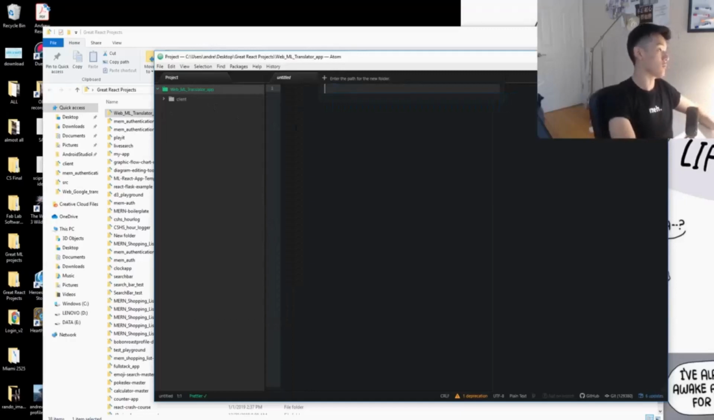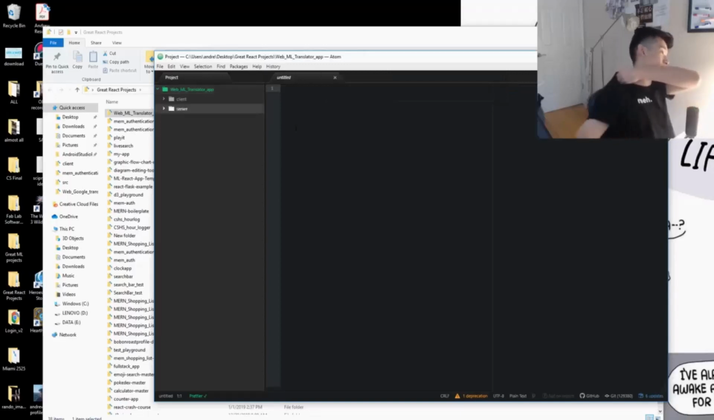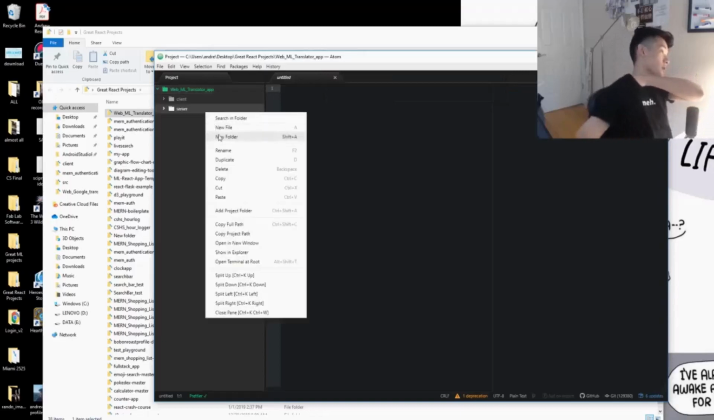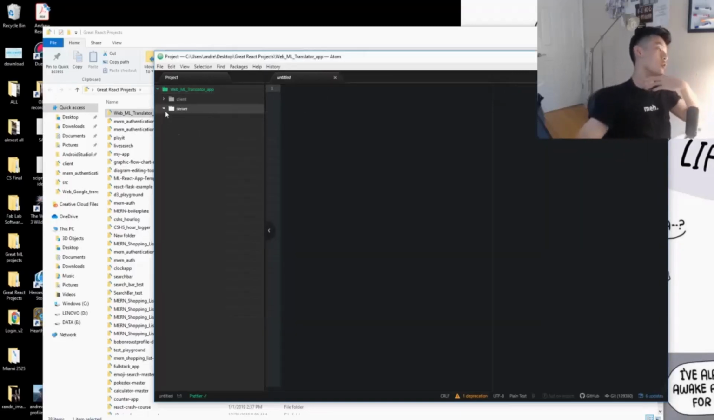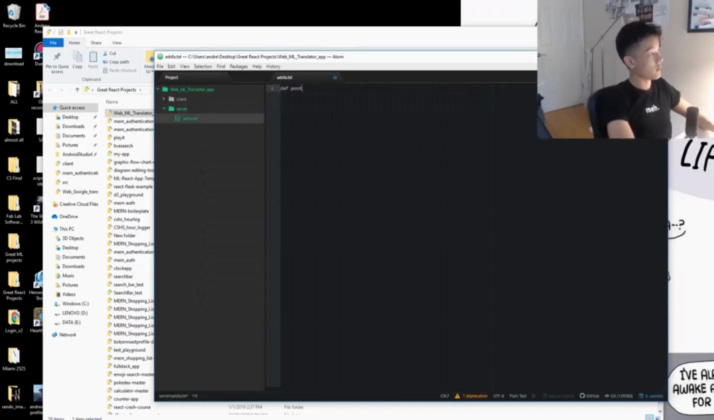server, or yeah, we can just call it server, whatever. And then inside of here we're going to create our flask endpoints, and what would those look like? I'm just creating a random txt file, and it's going to be something like def, API/predict,